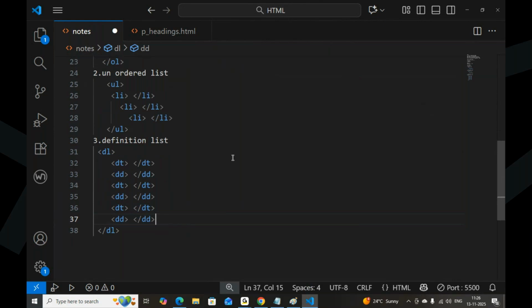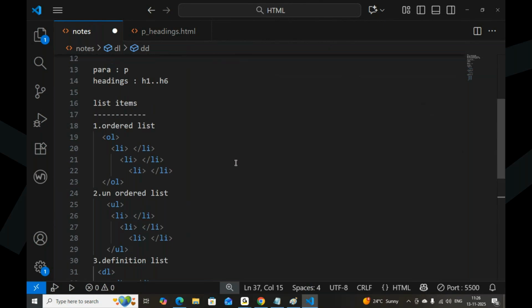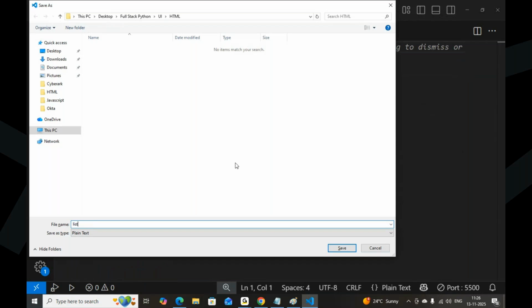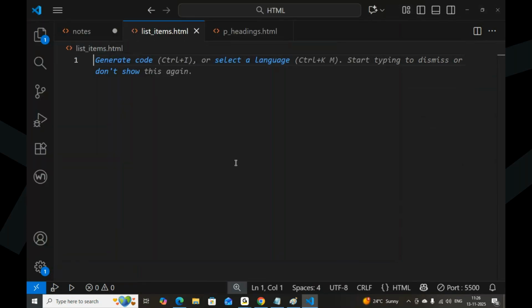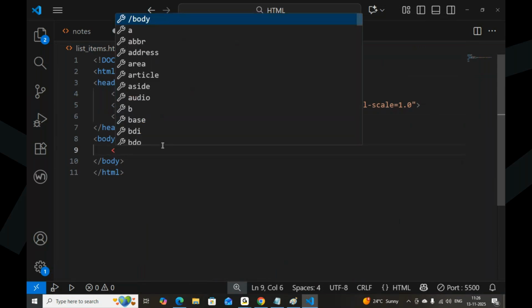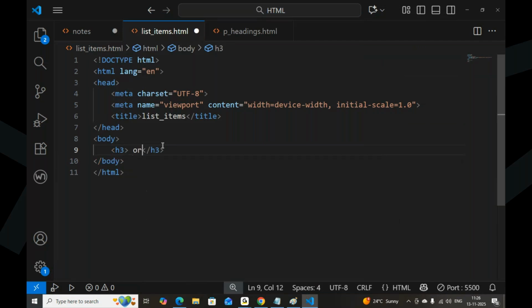Okay, come to the program, how these list items will be. List items dot html. The first one, ordered list.